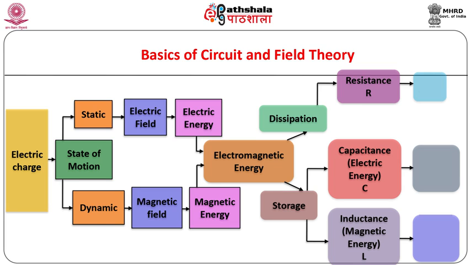To account for the dissipation of energy, we think of resistor. For storage of electric and magnetic energy, we have capacitor and inductor respectively. Thus, finally, we have resistor, inductor and capacitor. The expression for resistance, capacitance and inductance and the potential difference across each of them can be obtained by using the electromagnetic fields.